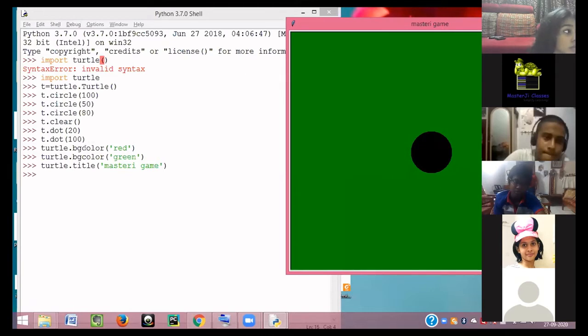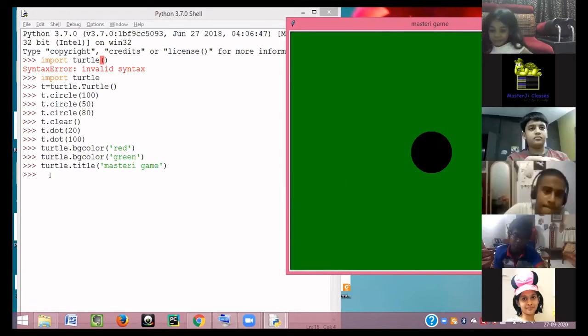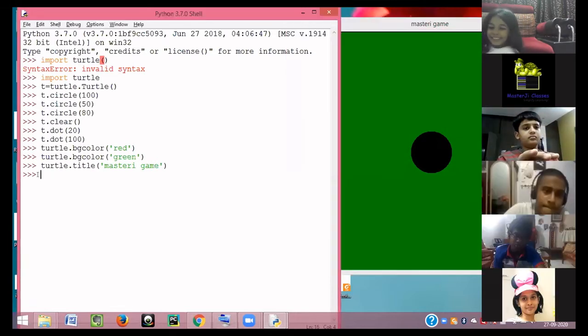Earlier, you can make the game and you can name the window by your own name. You can name it whatever your name is. You have Ishan, you have Shreya, you have Falak, and many of the students I can see. You can write your own name by using this command, and this window will carry your name on it. Okay. Now let's say I want to just simply clear it.